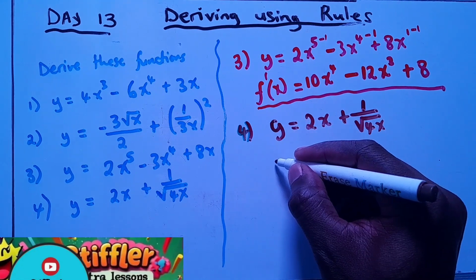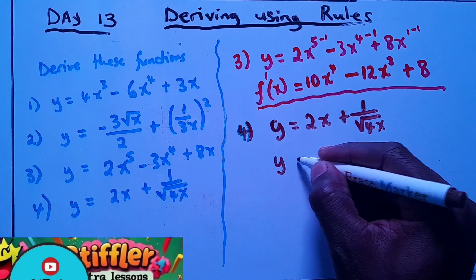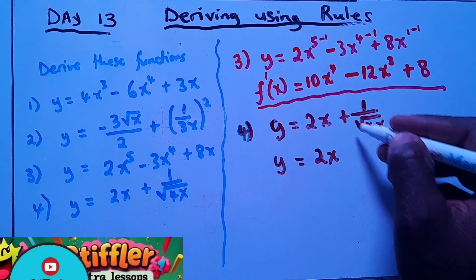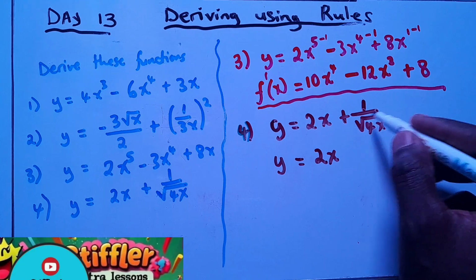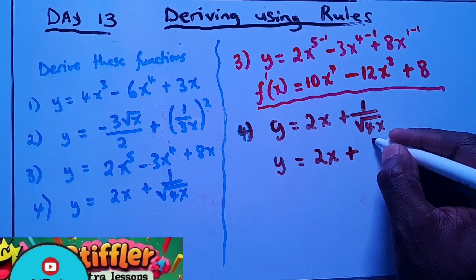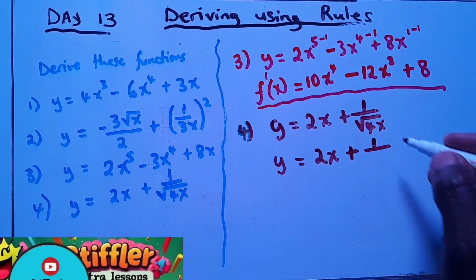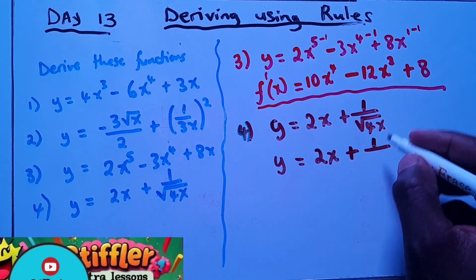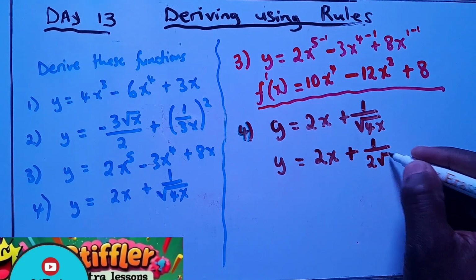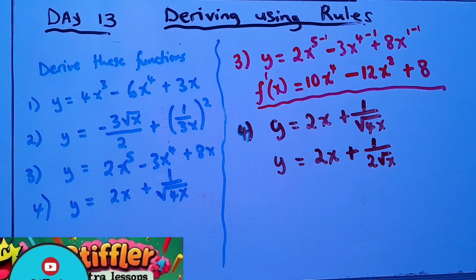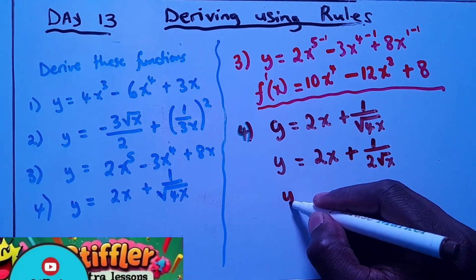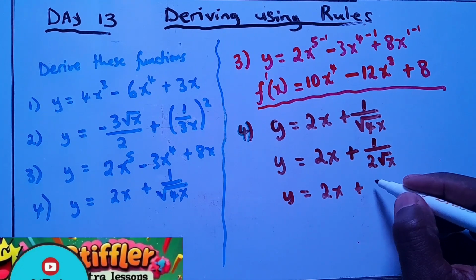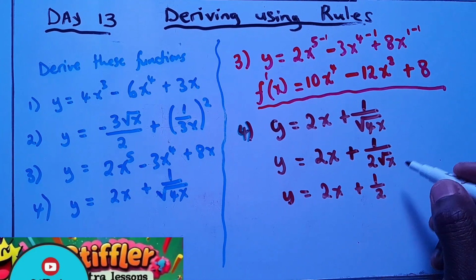So firstly, let's just deal with this like this. So what is the square root of 4? It is 2 and root of x. And we are going to have a situation like y equals 2x plus, and this is half, and then